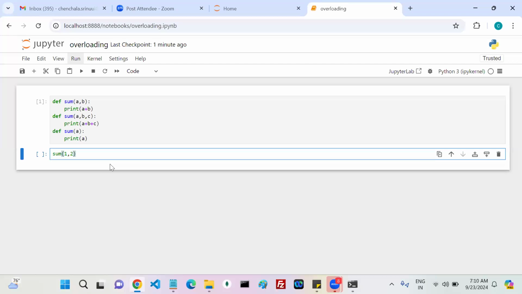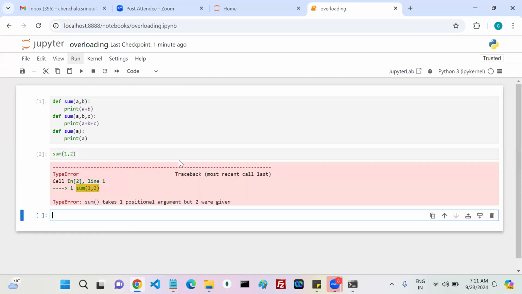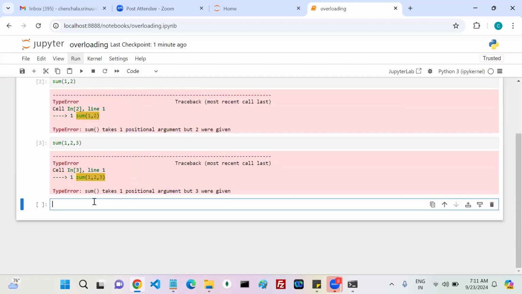Expected output is what? 3. Expected output is like 3. Now if you come here, if I write sum 1, 2, 3, if I write sum 1,